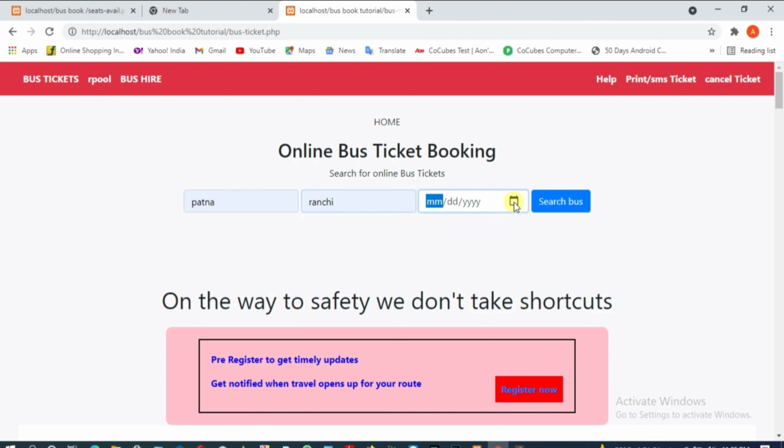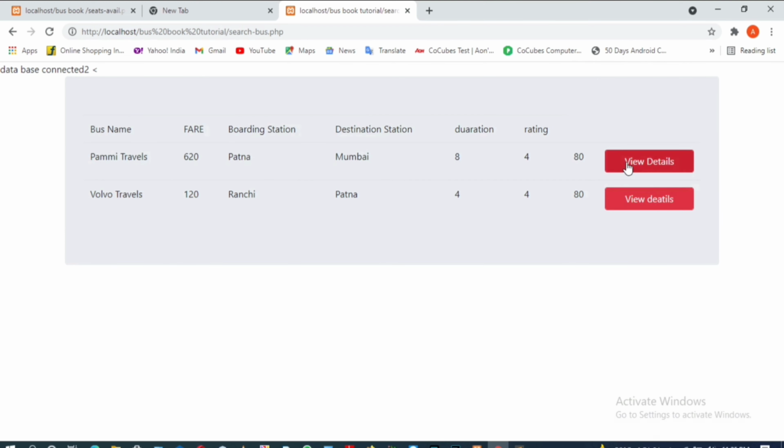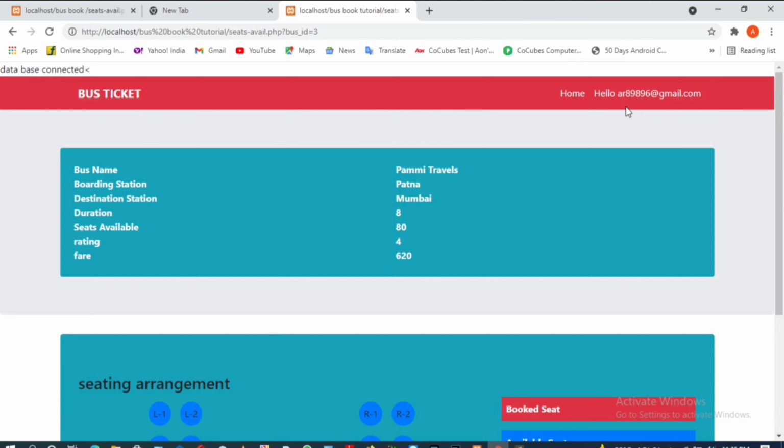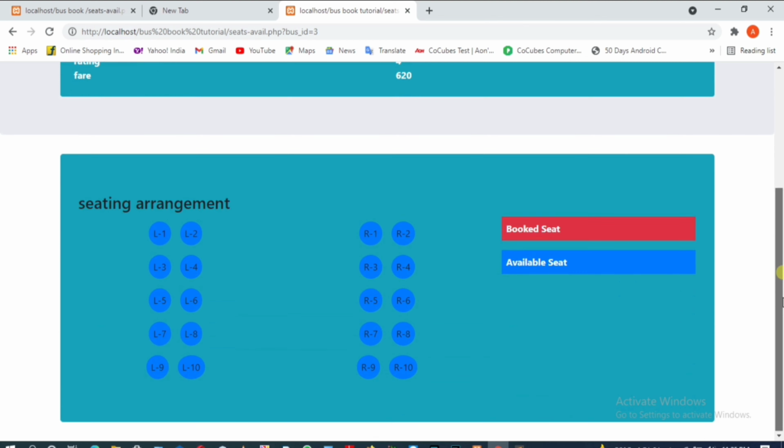Boarding to Ranchi and date is Tuesday. Search bus. View details. Yes, the problem is that logout should come here. Okay, we will check it out later. There is no big deal in this. First, let me solve the problem of this.